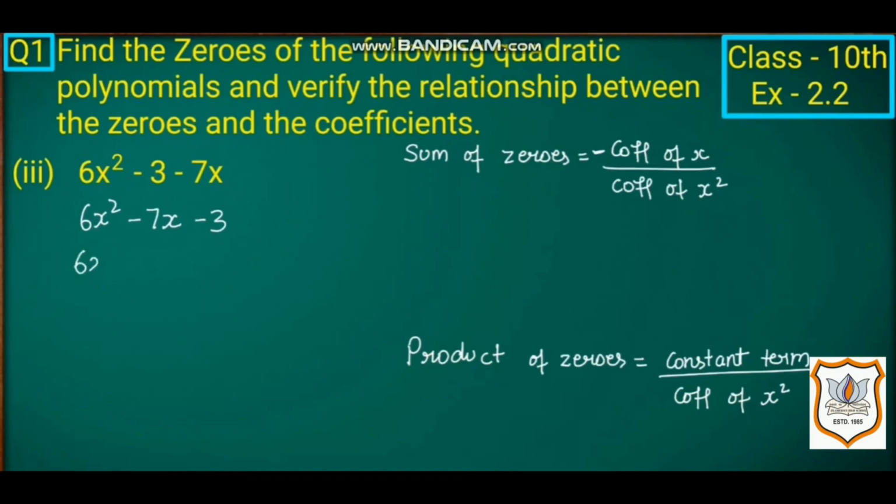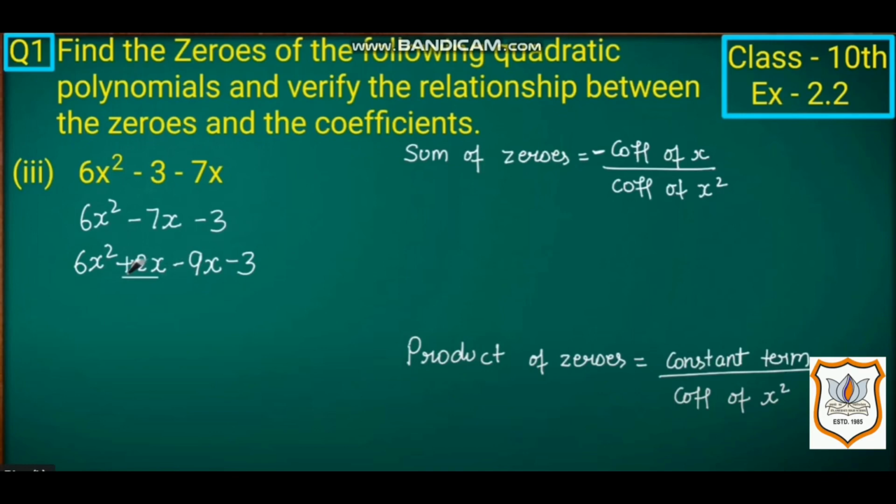Now I have to split the middle term. So I can write 7 as 1 plus 6, or 2 plus 5, or 2 plus 9. We have to split it into two parts. So I have decided to split the middle term, minus 7x equals 2x minus 9x. First, how do we get these numbers, 2 and 9?